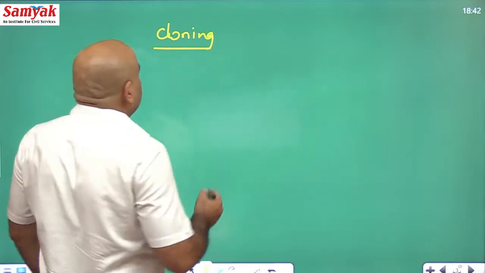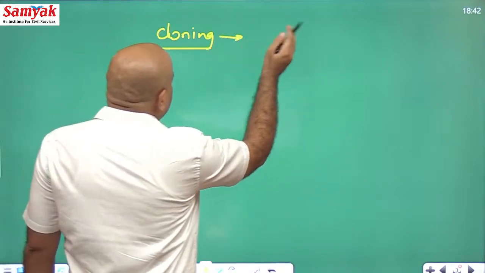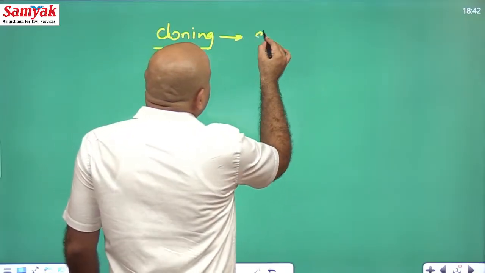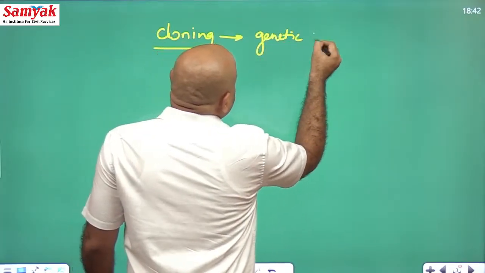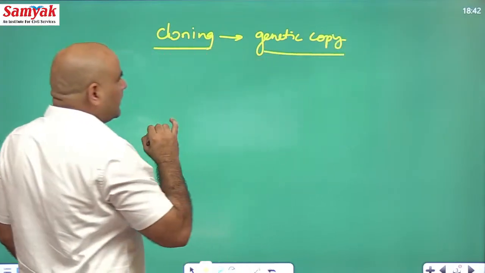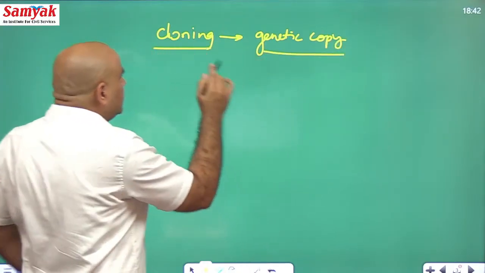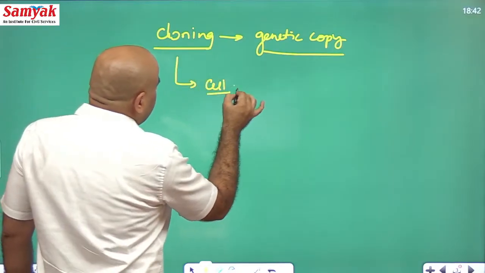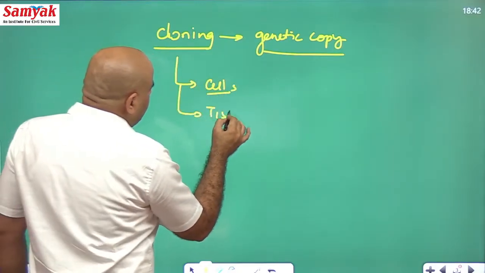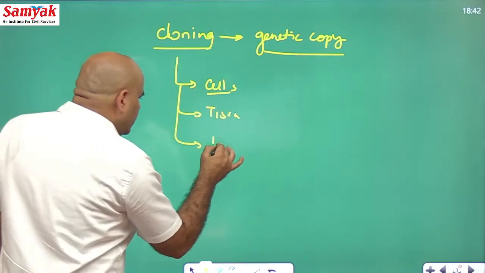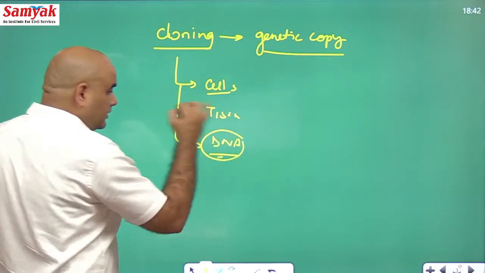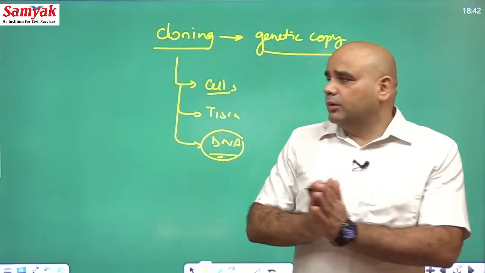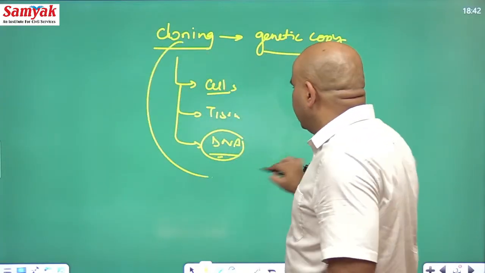Okay, so whenever anyone is talking about cloning, the process of preparing the clone is named cloning. Cloning means you are preparing a genetic copy of anything, so cloning can be done on multiple levels. For example, you can do the cloning of cells, the cloning of tissue, even the cloning of DNA. Yes, you can multiply the copies of DNA. That is also cloning. But when you are talking about animal cloning,